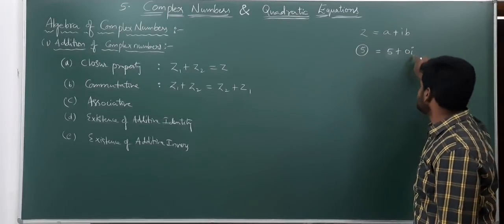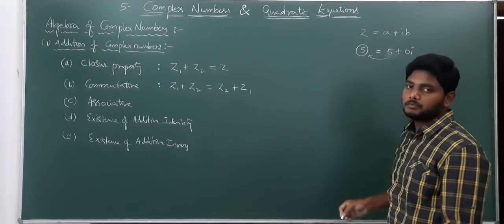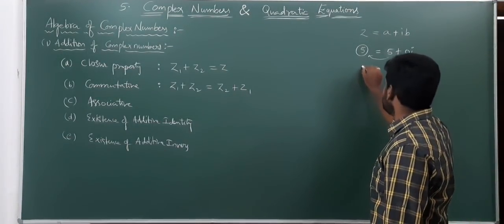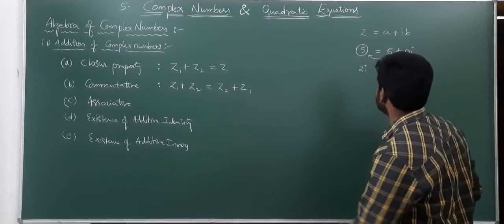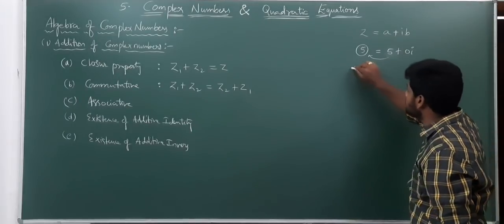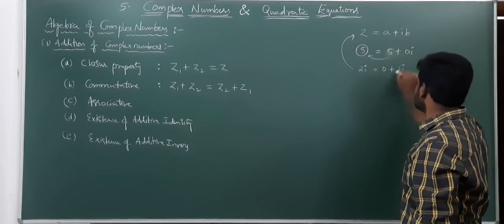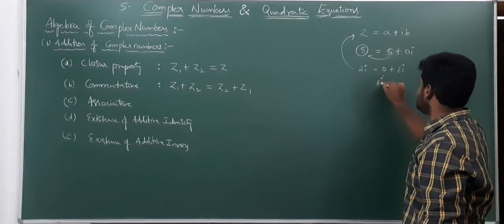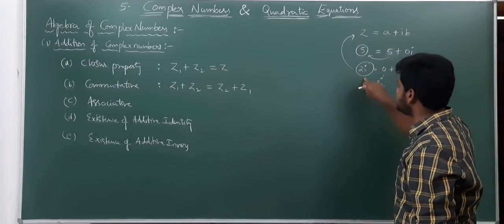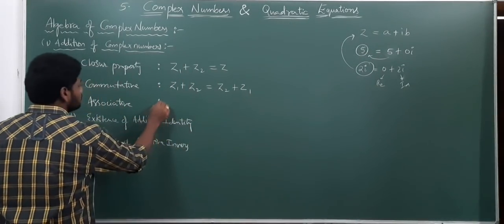Here i is the value square root of minus 1. Anything times 0 will become 0, and 5 plus 0 again gives us 5. So any number we can write in terms of a complex number. For example, if they give 2i, can we write it in terms of a complex number? See, this is the iota value, and it can be written in terms of a complex number. A complex number means definitely it should be in the form of a plus ib. So 2i we can write as 0 plus 2i. So again it is in that form; 0 is the real part and 2 we will consider as the imaginary part. So any number, whether it is an imaginary number or a real number, we can convert in terms of a complex number. Next, when it comes to the associative property.